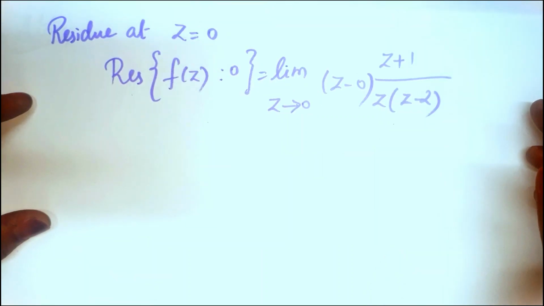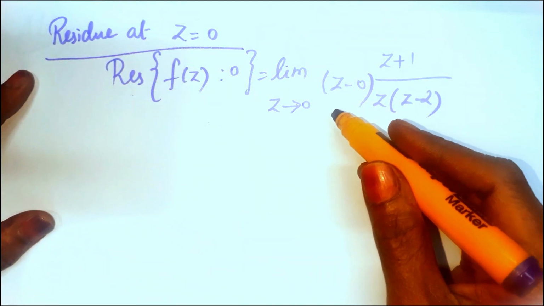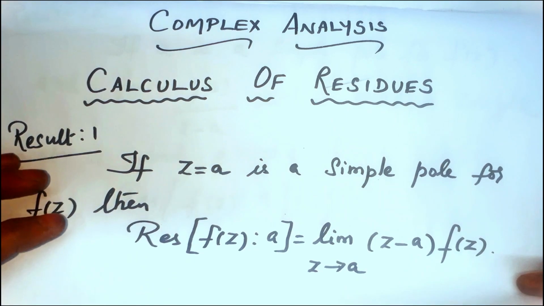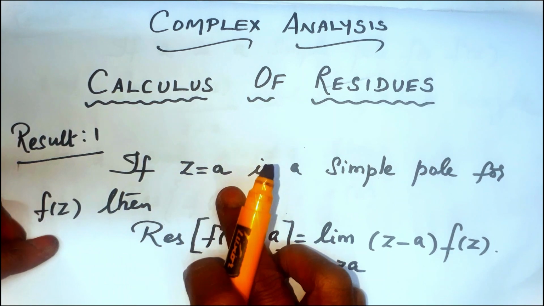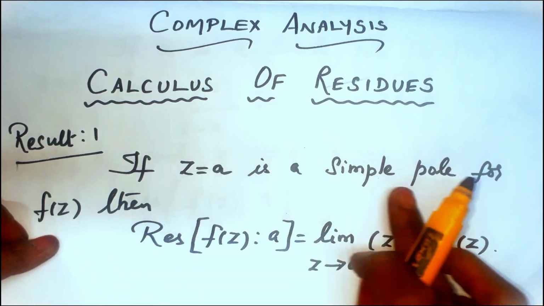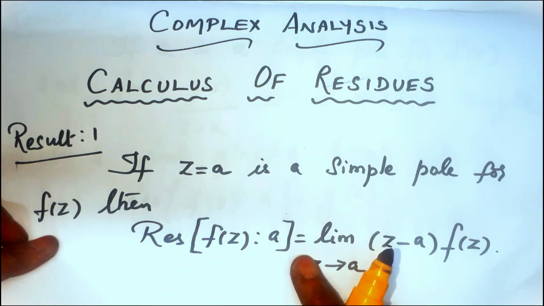Now we have to find the residue at both the poles. What we got as poles are z equal to 0 and z equal to 2. At these poles, we have to calculate the residues one by one. First, I am going to calculate the residue at the pole z equal to 0. What is the formula we saw? At z equal to a, if it is a simple pole, power 1, we have the formula residue of f of z at the pole a is equal to limit